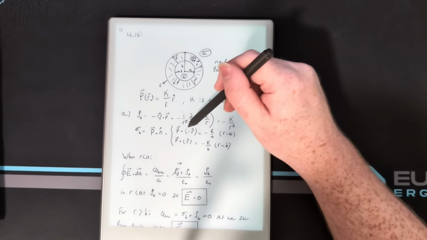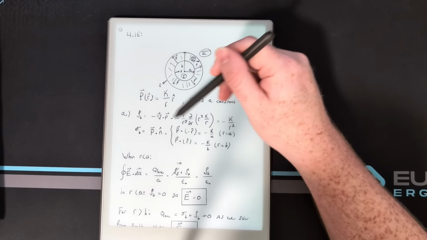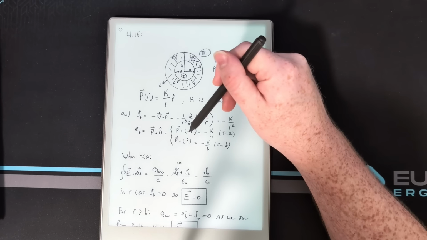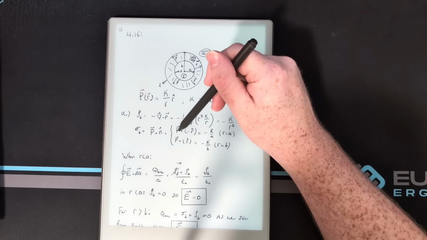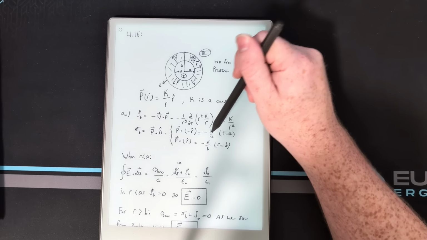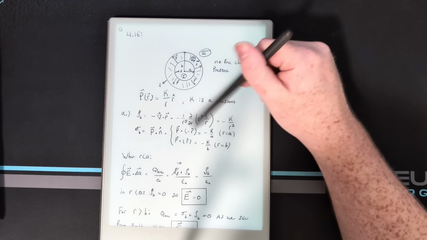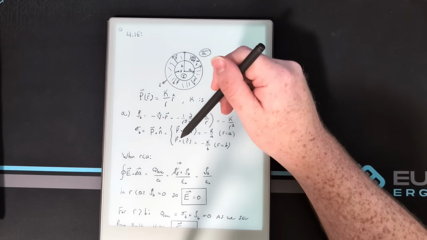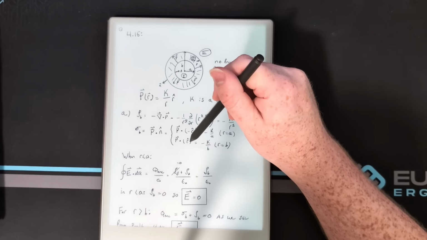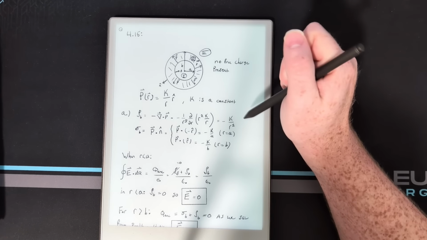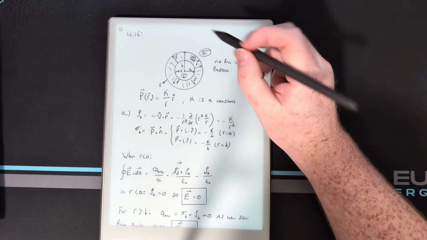And then when we do P dot n hat, for the inner sphere n hat is minus r hat, and we dot that with P, which gives us minus k over A, because here r is equal to A at the inner sphere. And then for the outer sphere, it's going to be P dot r hat, not minus r hat, which is going to give us,